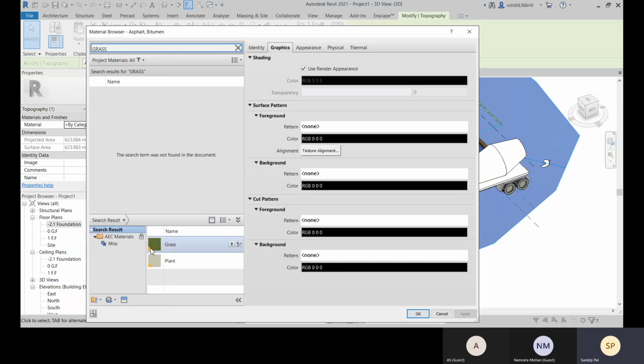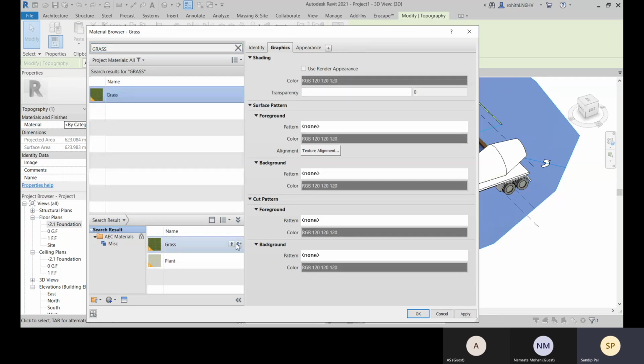So this grass material is there, and you have to document it within this, so you choose this one. These two options are similar. I hope you remember these two. In AutoCAD we have applied these two options, so it is similar.